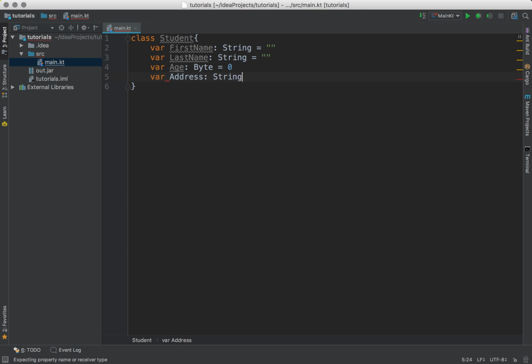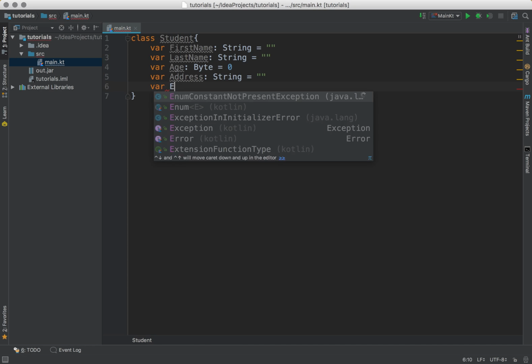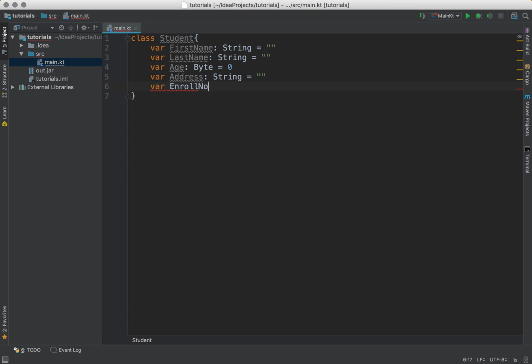Address is going to be string is equal to empty string. Okay, so these are like, and we'll just create enrollment number. Enrollment number is going to be, it can be bigger, so I'm just going to make it long because